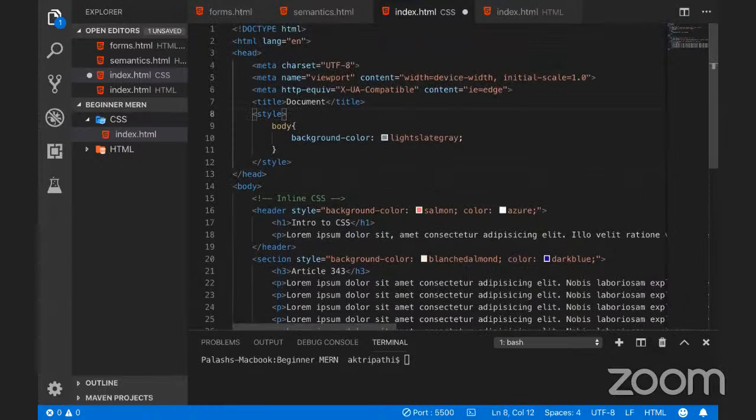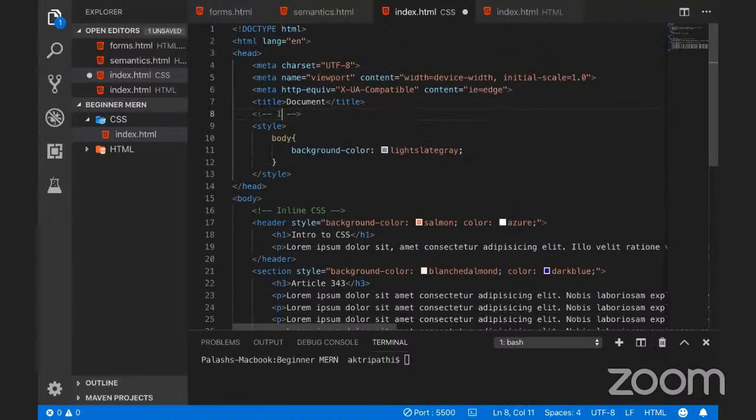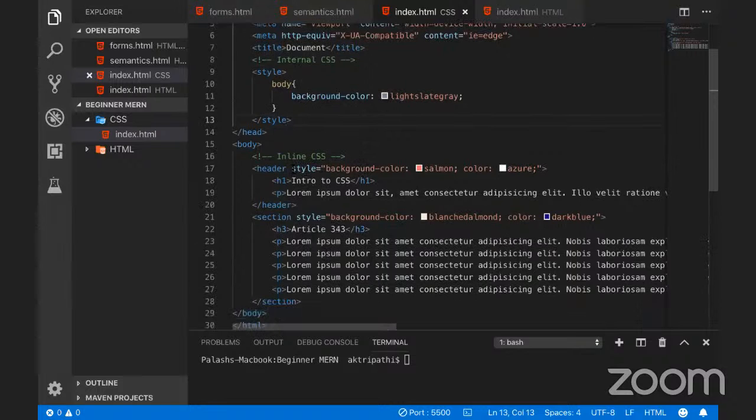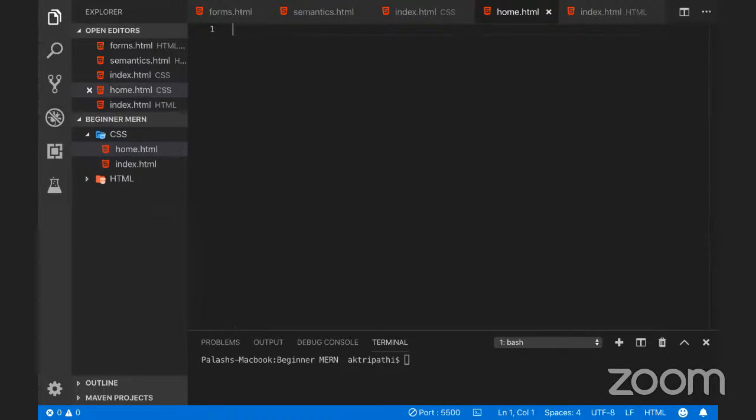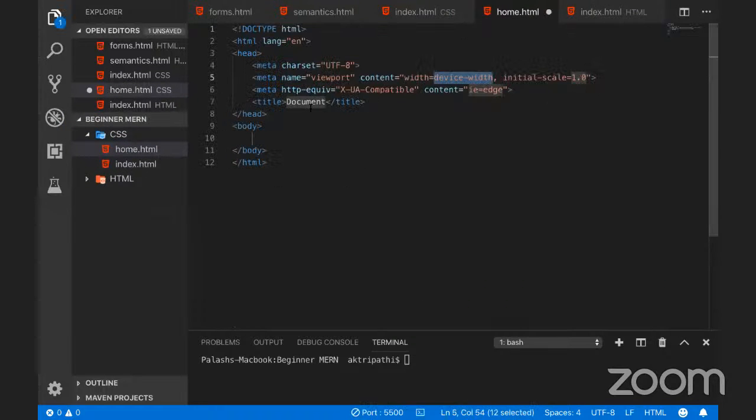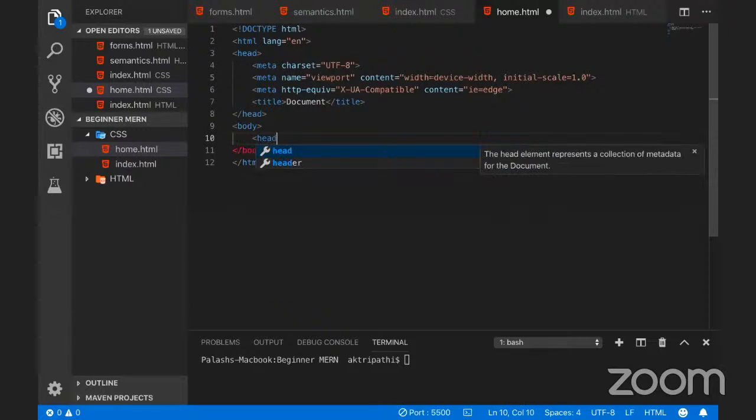This is called internal CSS. Okay. So there are two things that we have seen, but think of it in a way that what I want to do is I want to have this particular style for more pages. So let's say I have another page and I call it home.html. ठीक है और इसको quickly let's give it a thing, and I have header section over here as well,